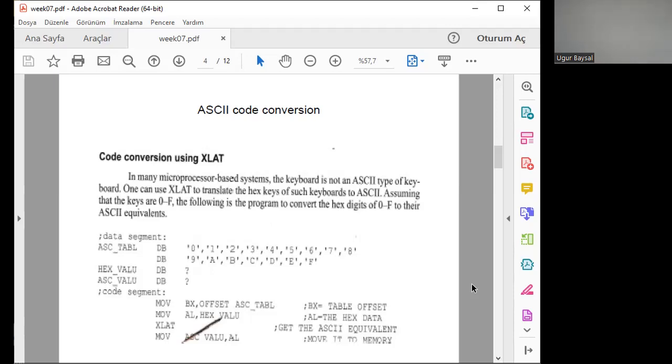So again, the lookup table is created by the label ASC_TABL, like ASCII table, and the define byte format starts with character 0 and ends with character F. Hex value and ASCII value are two reserved, not assigned areas of the memory for the results of the lookup table